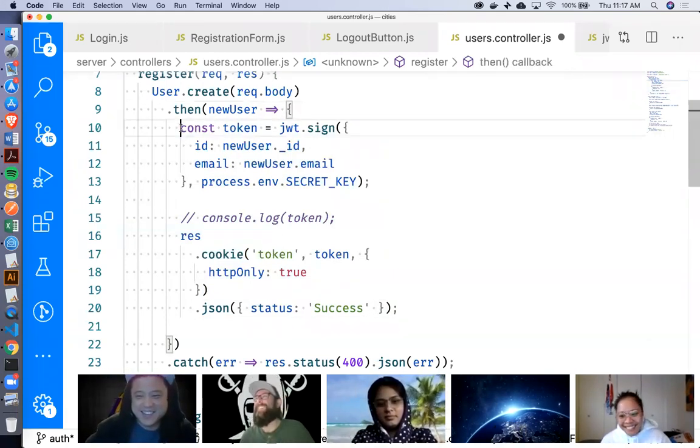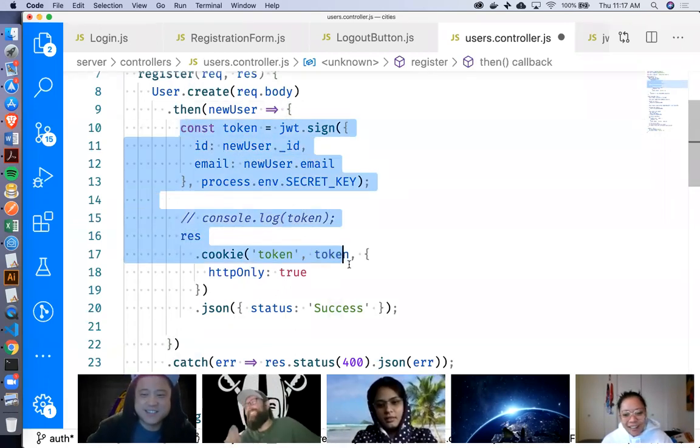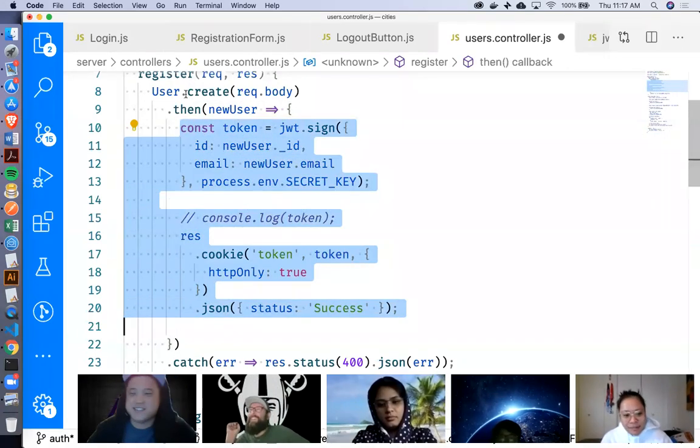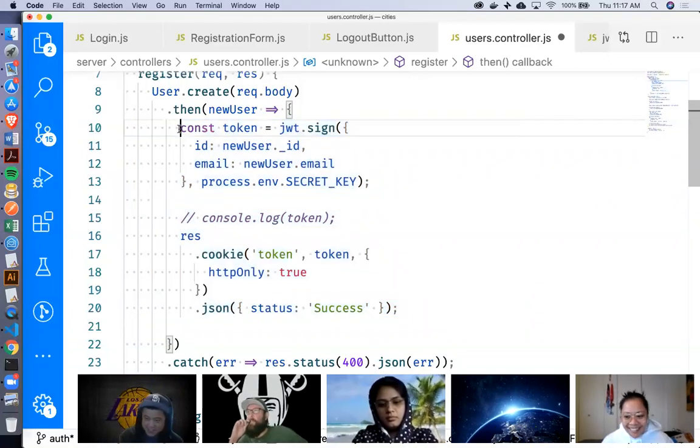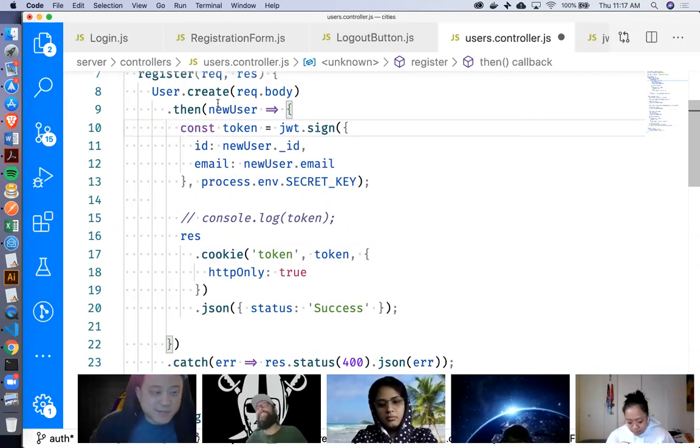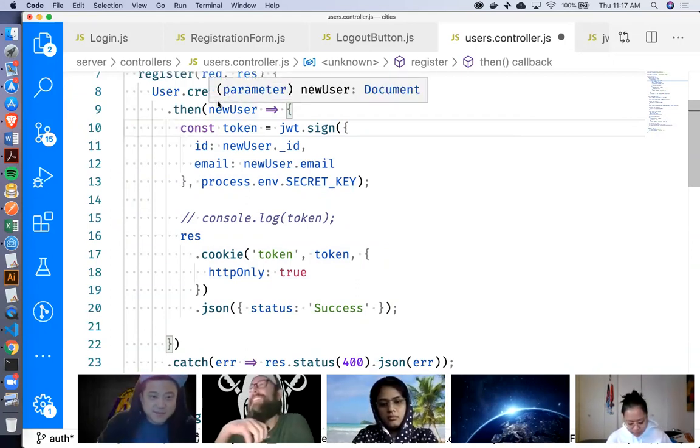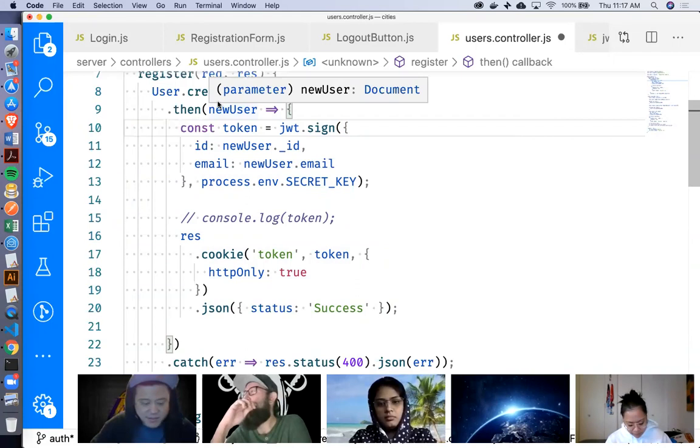Okay, what line? Yeah, so let's just talk about this right here. Once we've successfully created a new user, what's all this stuff that we're doing? I have no idea. Well, let's just go through it. Okay, so this part creates a variable called token. It equals